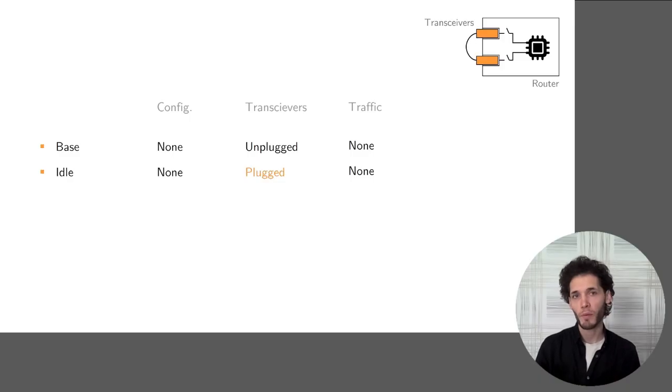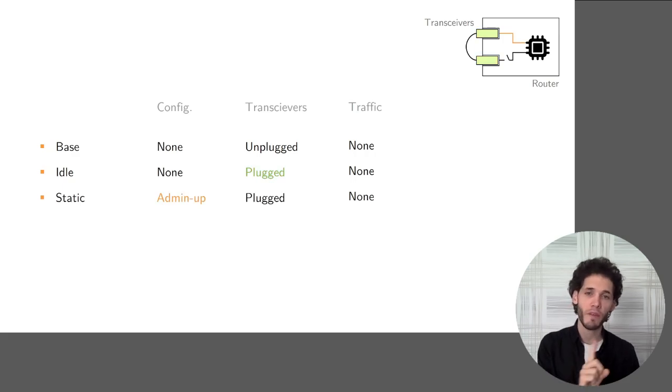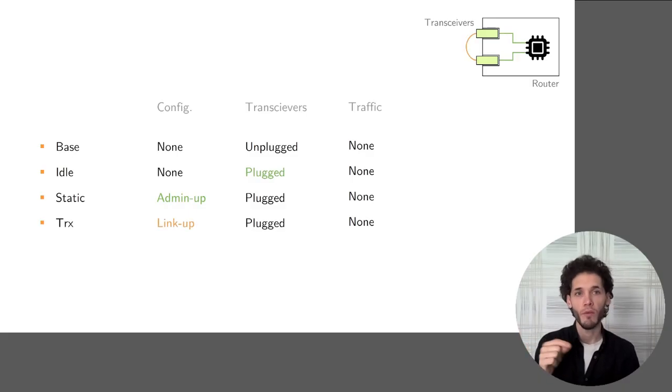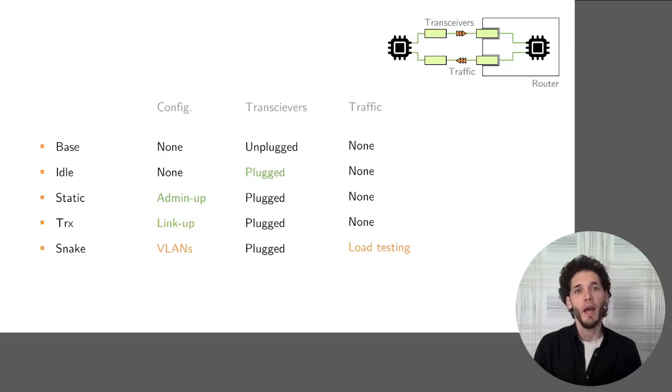Then we start with what we call the idle state, where we plug in the transceiver, but nothing is configured. Then we start turning up one of the two interfaces, which will, in theory, power up the service line to that port, but the IP link is not yet up. Then we do the same for the second one, which will bring up the IP link, and so the two transceivers will get active. And finally, once we have active interfaces, we can start sending and receiving traffic along those